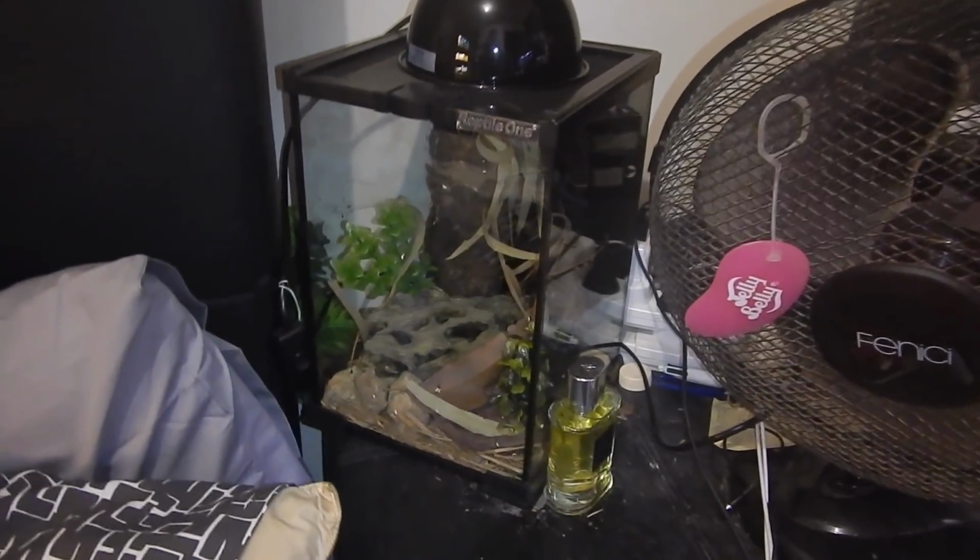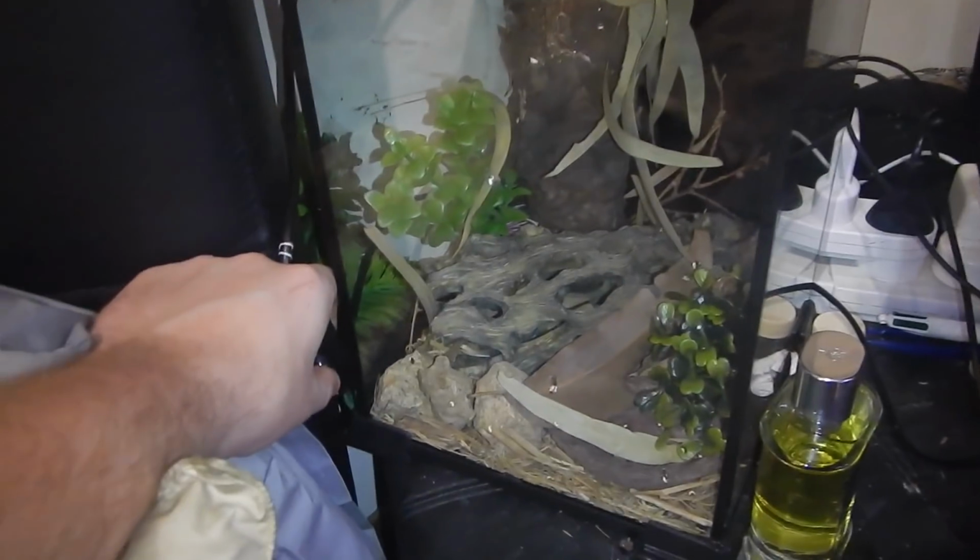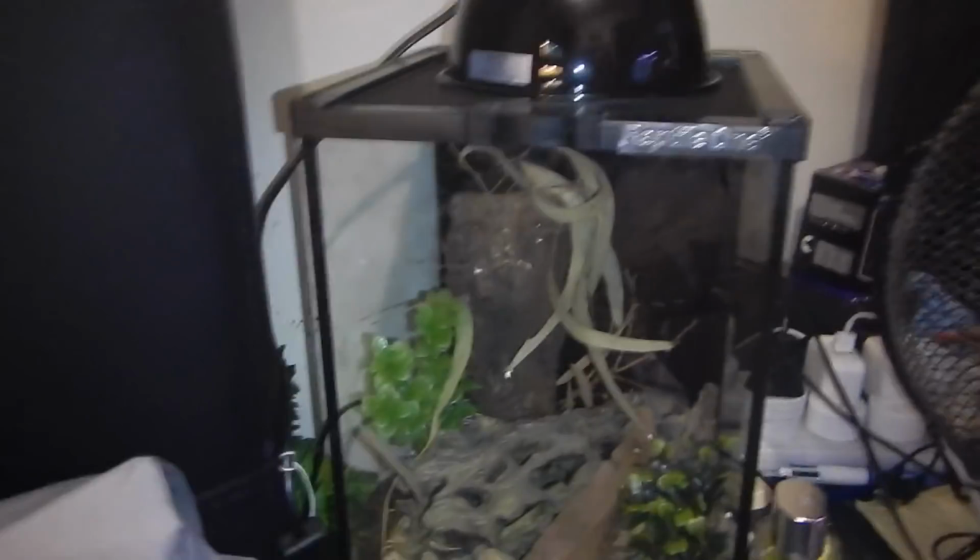What we have here is my bedside table. Obviously this is where I sleep. What we have here is my little gecko setup. Basically there's a little switch here. It's not plugged in at the moment because I've got other stuff plugged in. But basically that turns on the purple night vision light. I've got a...